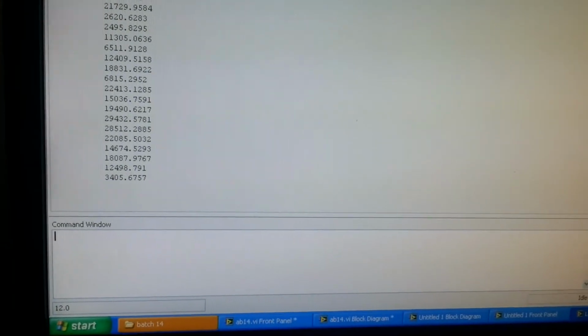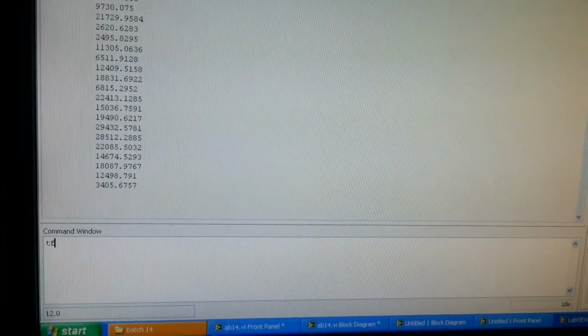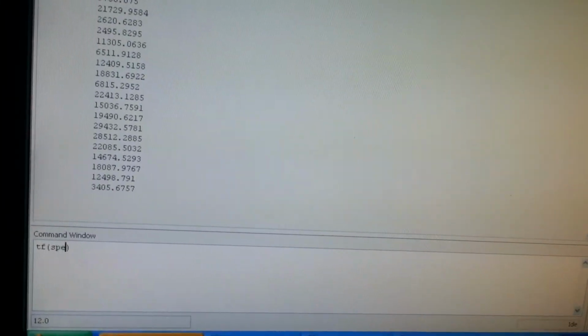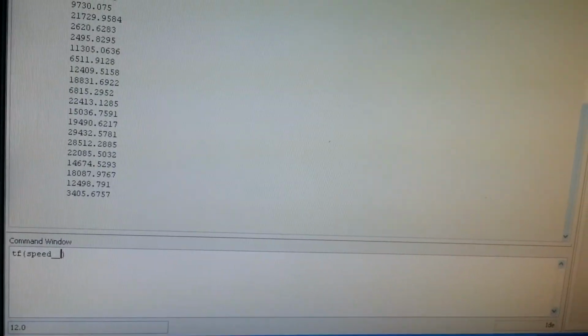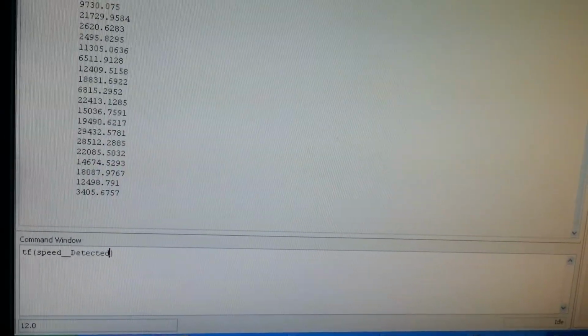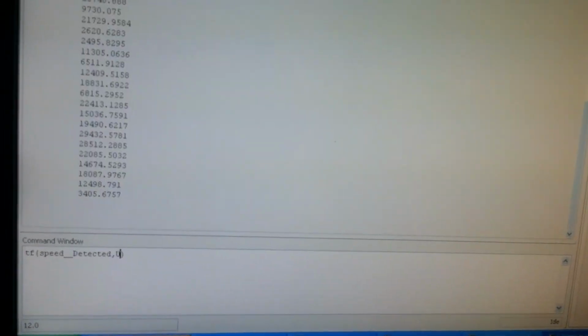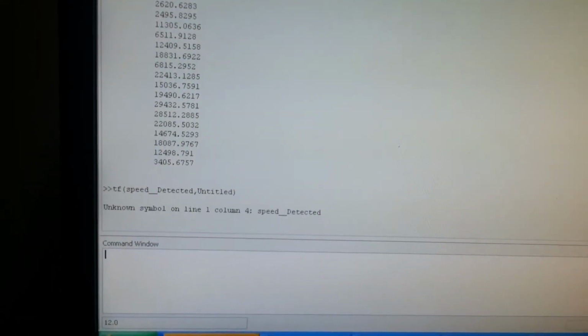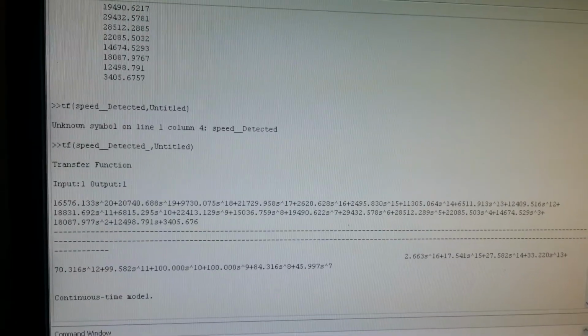After loading the voltage and speed signal data, type the transfer function of output, input in the command window, then press enter. This is the final transfer function which is obtained from the LabVIEW.